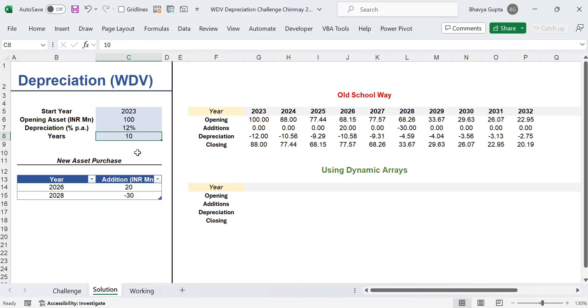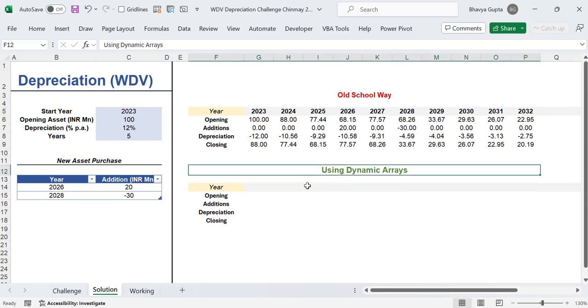Let's say if we change the years to, let's say, 5 years, then as well this is not updating, right? We could argue that okay, we could create some formulas in order to automate that thing as well, but again there would be some limitation and we will have to drag this formula across many other cells, right? So this is not much scalable. There will always be some level of limitation that we have, right? So because of that, the old school way is not much scalable,